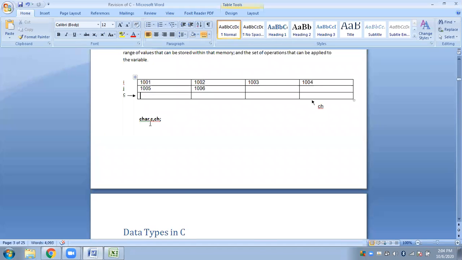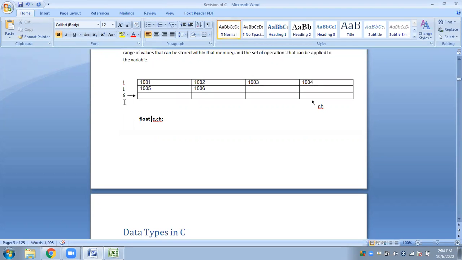Is it fine? So likewise, even in case of float. Here we were talking about characters, so they are representing only 1 byte, so one cell will be assigned. Suppose you are talking about float. For float, C and CH are two variables which will store float values. And float is again like int. It represents 4 bytes.